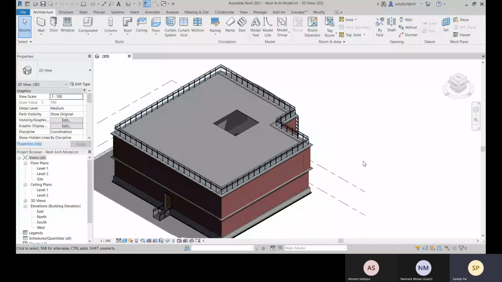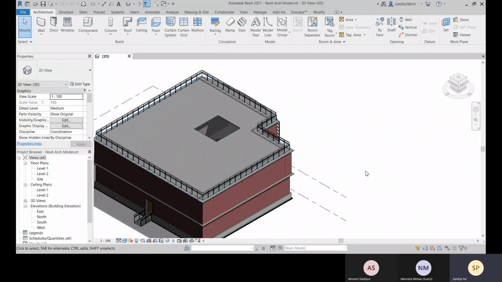Okay, so today we are going to learn about families. You all have the idea about dynamic blocks in AutoCAD. It's kind of similar to how dynamic blocks work, and families work the same way, but it is more advanced. You get all the information related to that family model or that component, all the information is linked with that model, and you can change your model with that information, and change your information with your model.